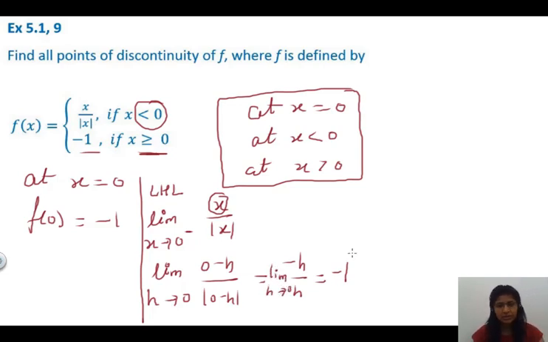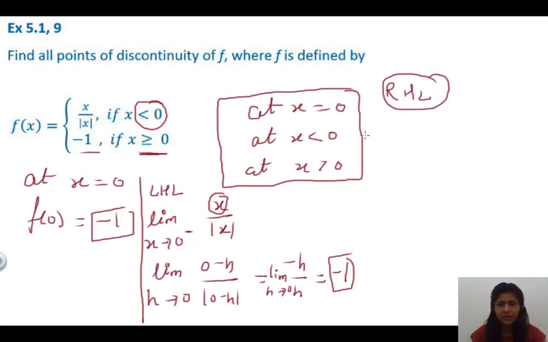Correct? So minus 1 is the answer here. Now let us solve our RHL. Clear? So in RHL,